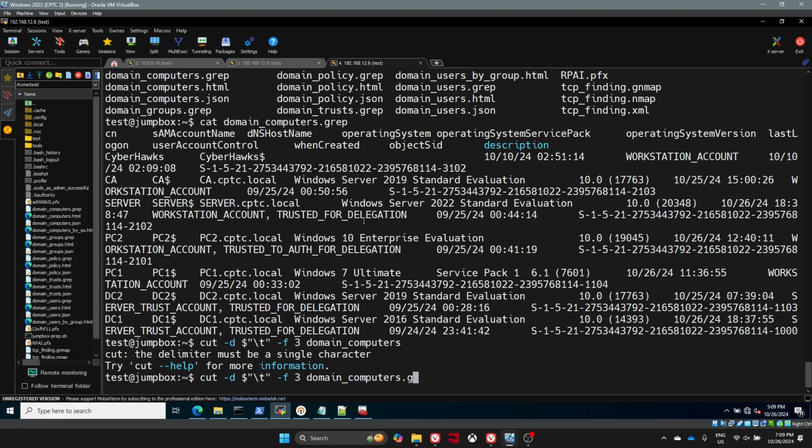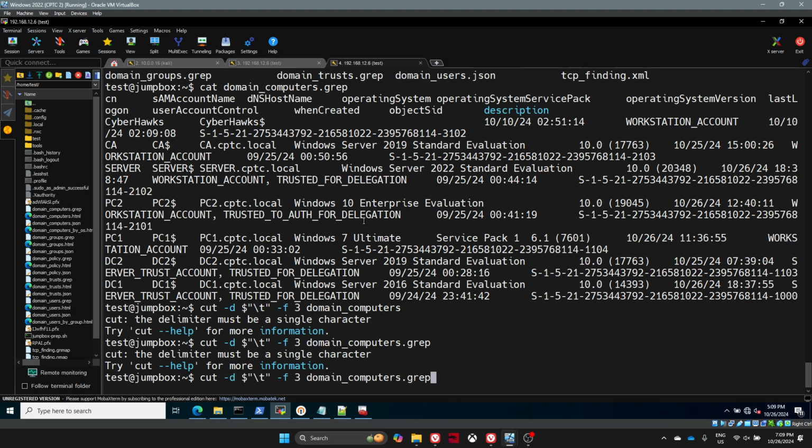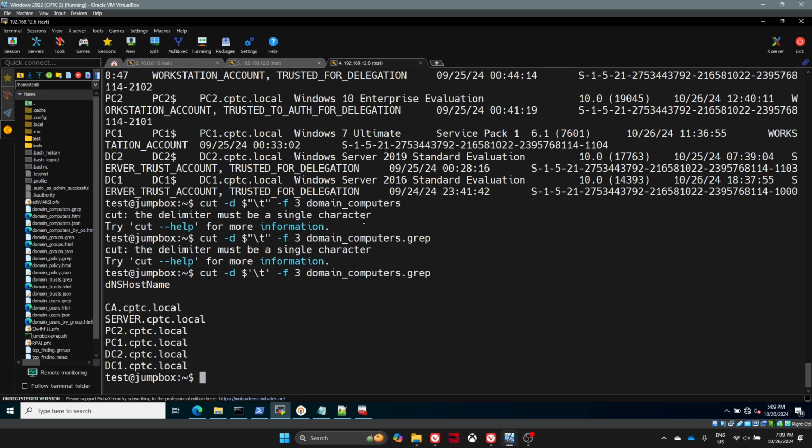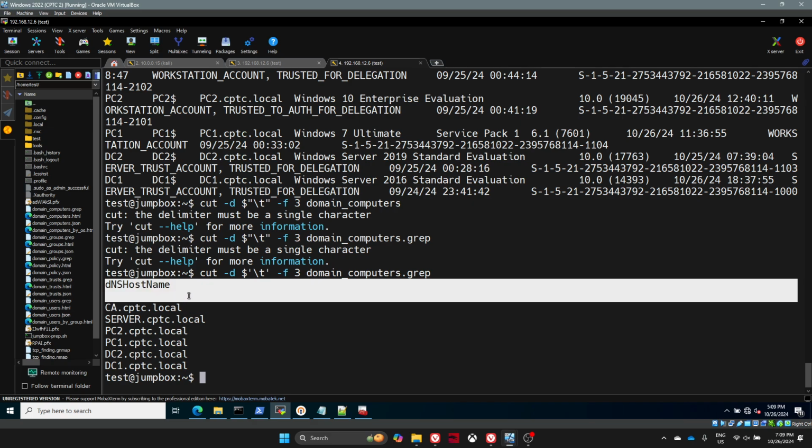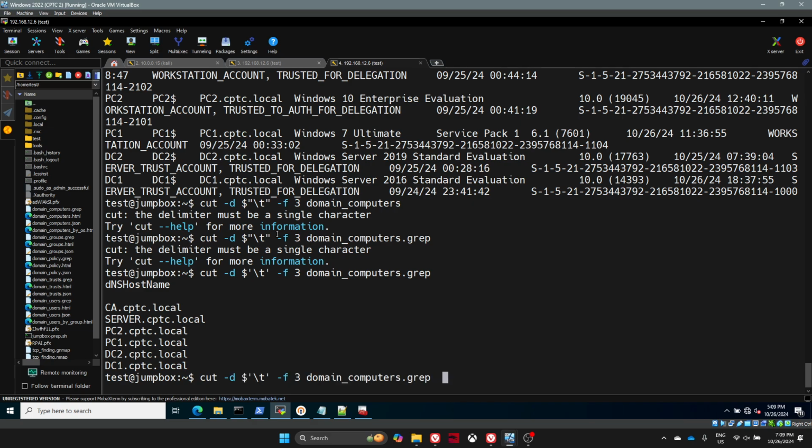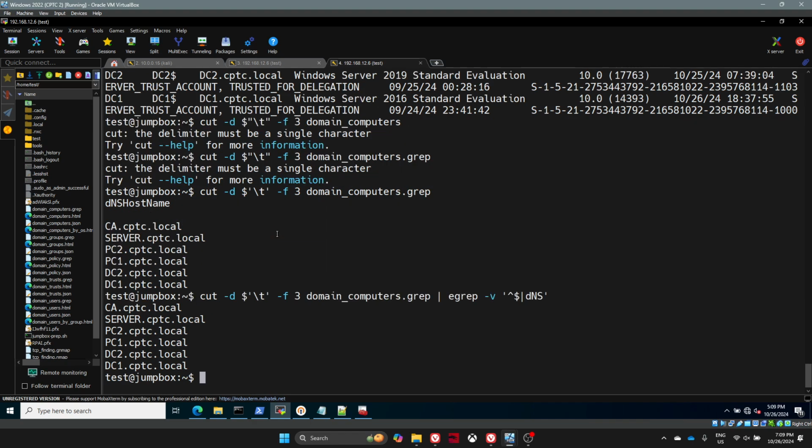And domain computers. grep. And it says it must be a single character, so maybe I do need to do... There we go. So now we have the domain computers. Of course, I can get rid of this DNS host name and this blank line. So I'll just do egrep -v. I'm going to be fancy about it because I can. And then get rid of the blank line, and then get rid of DNS. Boom. So now we have all those, and I could save that to a file,